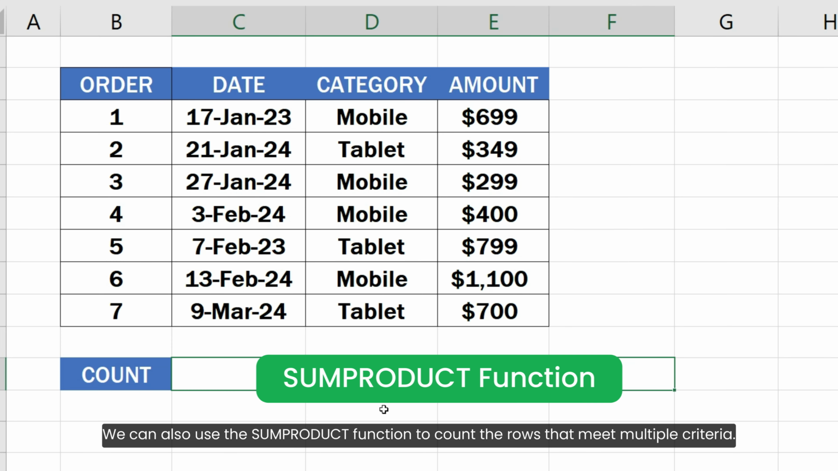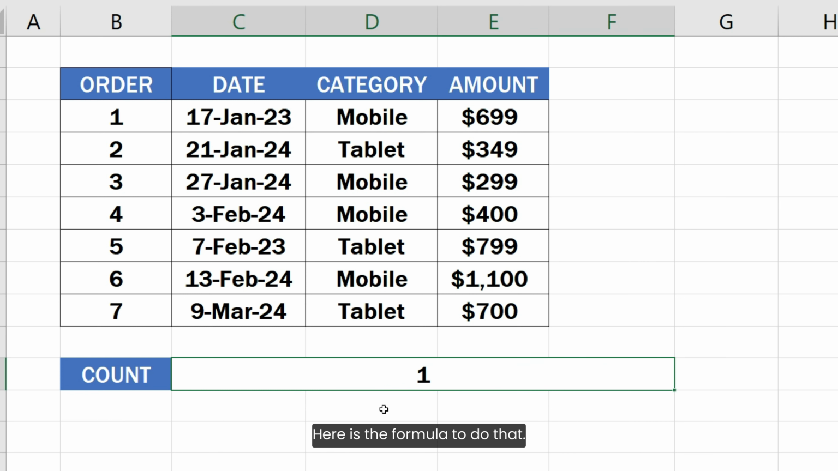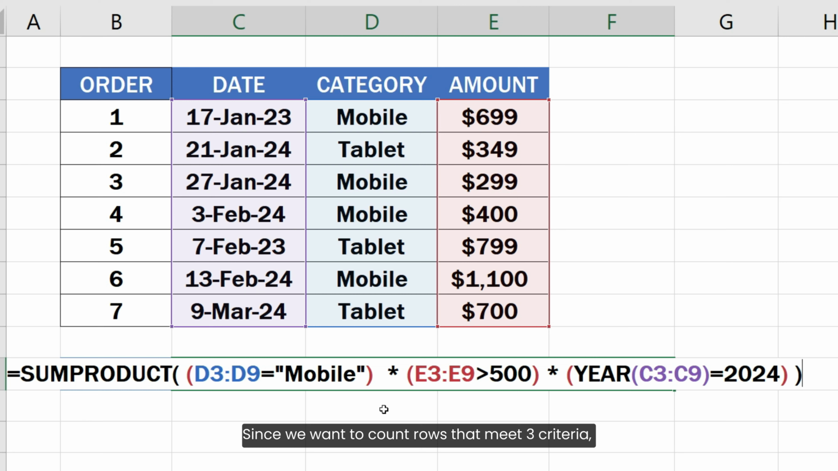We can also use the SUMPRODUCT function to count the rows that meet multiple criteria. Here is the formula to do that. Since we want to count rows that meet three criteria, I have specified three conditions inside the SUMPRODUCT function. The first condition checks if the order category is mobile. The second criteria checks if the order value is greater than $500, and the third condition checks if the order